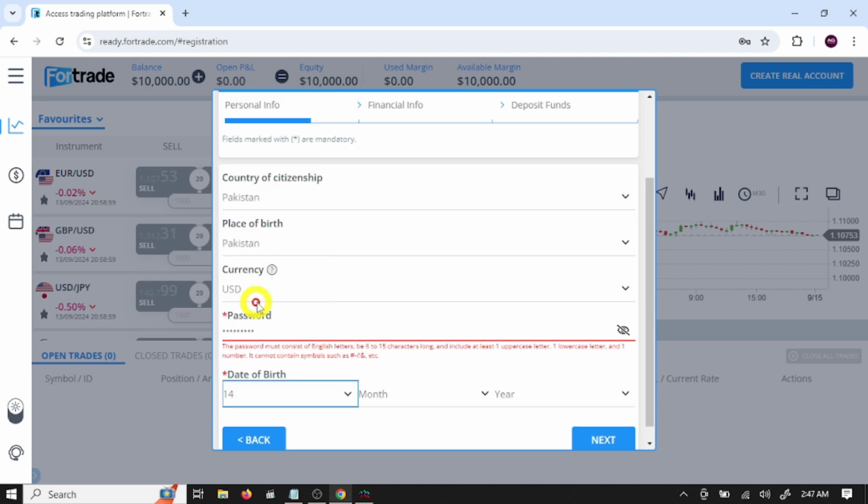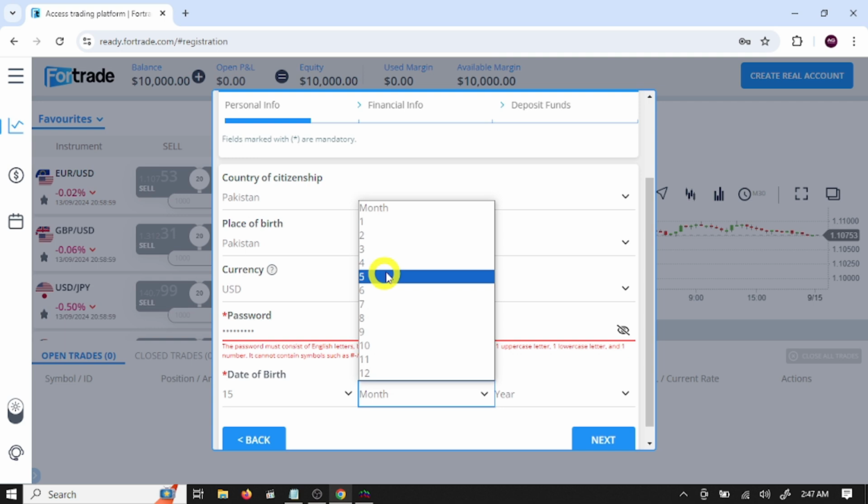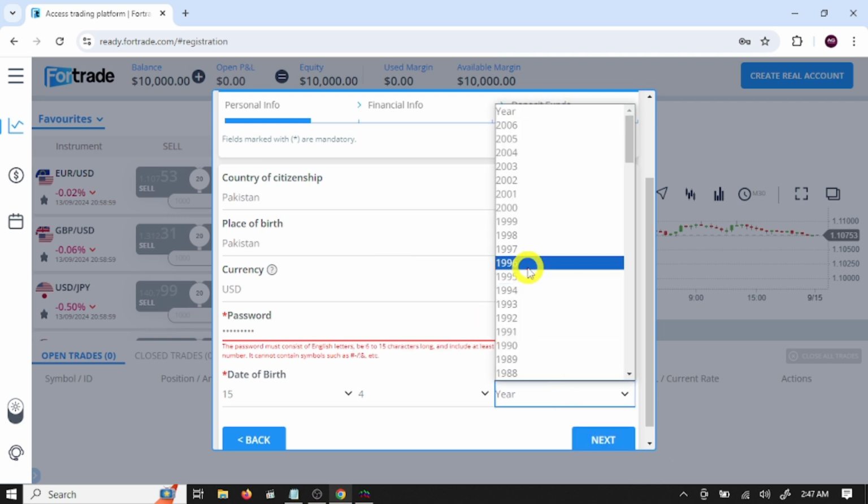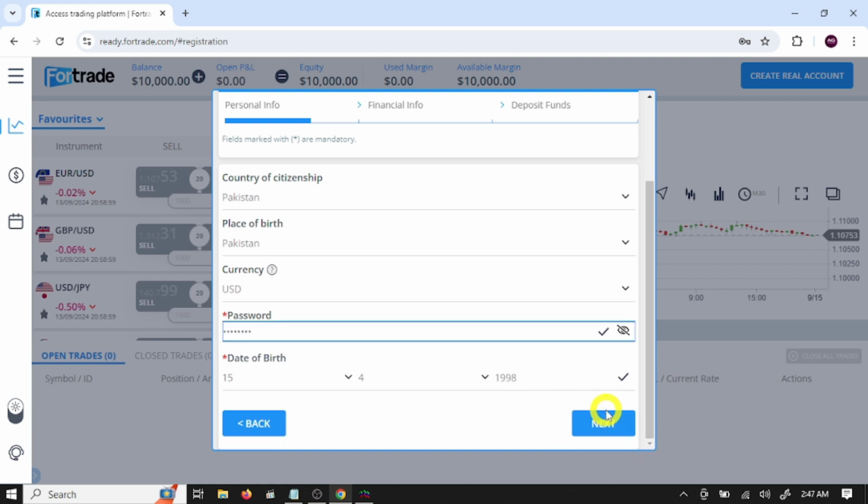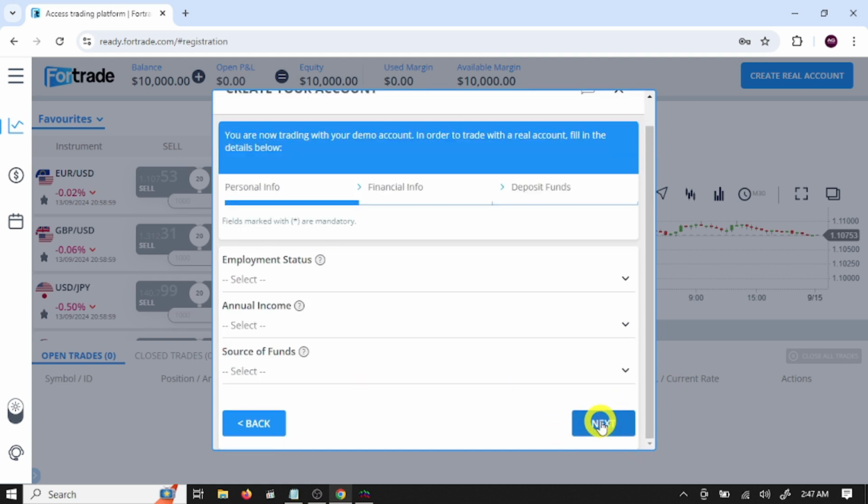Write your date of birth, click next. Here you need to provide your employment status,